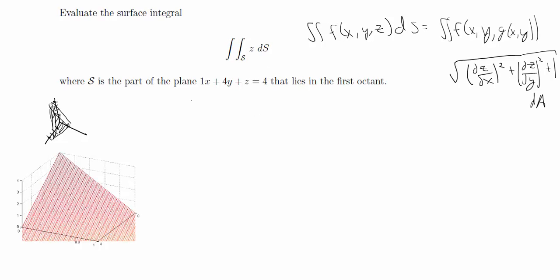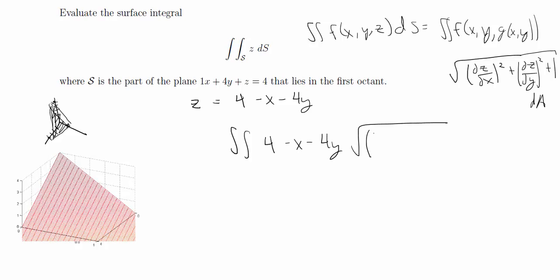We're just going to solve for z from the plane equation, so z equals 4 minus x minus 4y, and then we can plug that in like the equation says. We're plugging in x and y for z. So it's going to be the double integral of 4 minus x minus 4y, and then we take the partial derivative of z with respect to x, so that's going to be negative 1 squared plus negative 4 squared plus 1